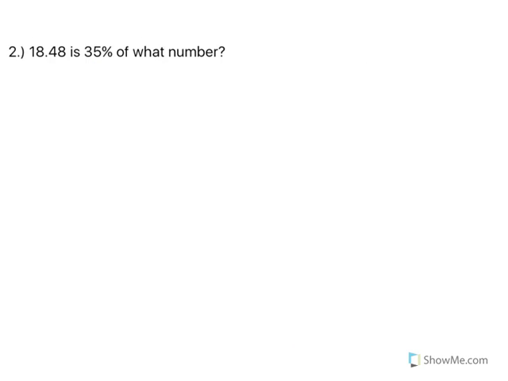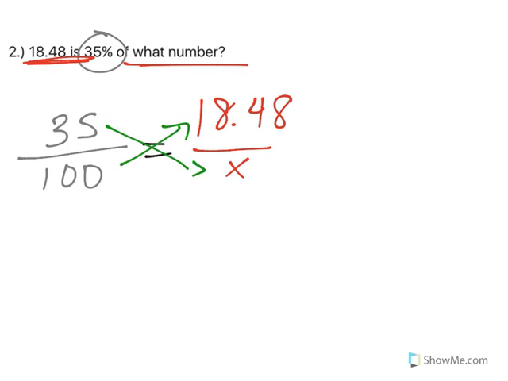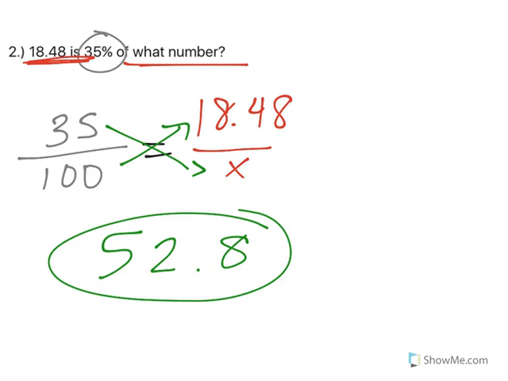Number 2, 18.48 is 35% of what number? Well, I see a percent. Percent always goes over 100. That equals, well, I see 18.48 is. Is a part, of what number goes on the bottom. Cross multiply, and 1848 divided by 35 gives me 52.8. And think about it, 35 to 18 gets smaller, so from 100 my number should be smaller,